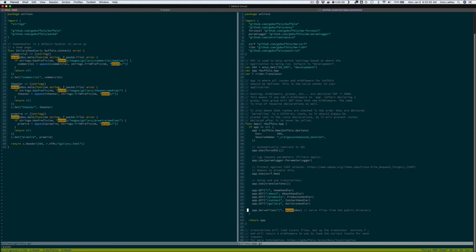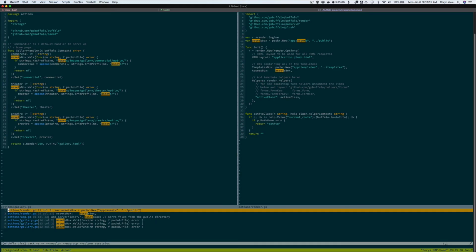Right here. So it actually serves this asset box right here. And this is how Packer actually grabs everything and puts it into a specific box so that when I build my single binary, it's going to take everything that's in the assets at this point and put them in. Now, if we look where asset box is defined here, we will find it's defined in this render file over